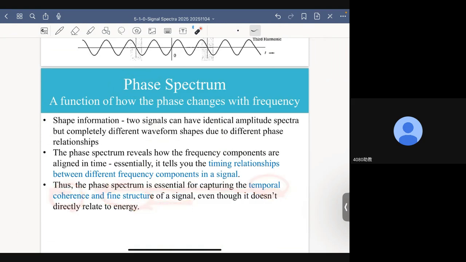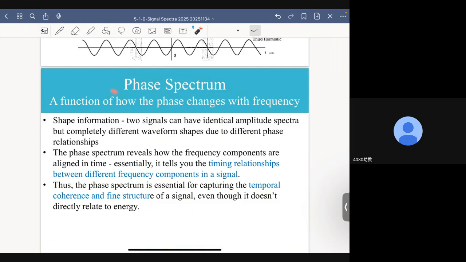So in this regard, does a piece of music make you feel easy, comfortable, enjoyable, relaxing? It probably has more connection with the contents of the phase spectrum of that music, not necessarily the amplitude spectrum,